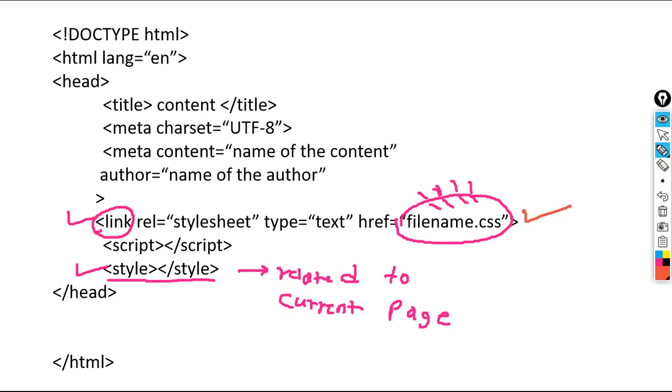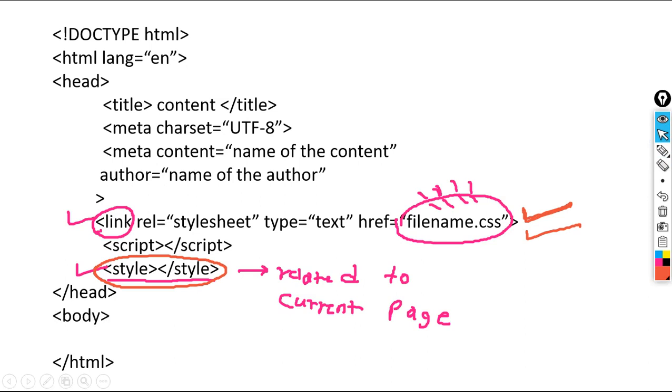As compared to this one. This is related to a particular page, whereas the link tag has more reusability. Style is for the current page. Link is for any page. With the help of the link tag, we can import an external CSS file. Now, let's move on.